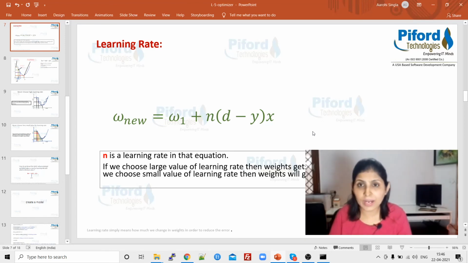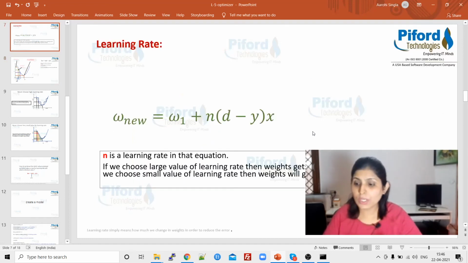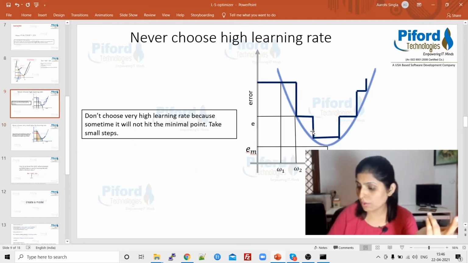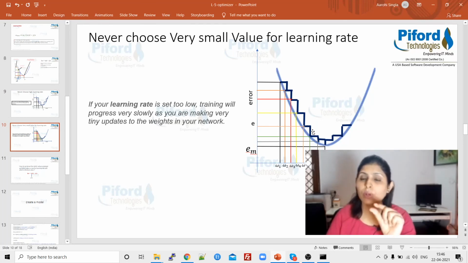This is what we want, right? I have told you, never choose a high value, because that way you'll skip the minimal point. And never choose a very small value, because that way training will progress very slowly, because we are taking very tiny steps.